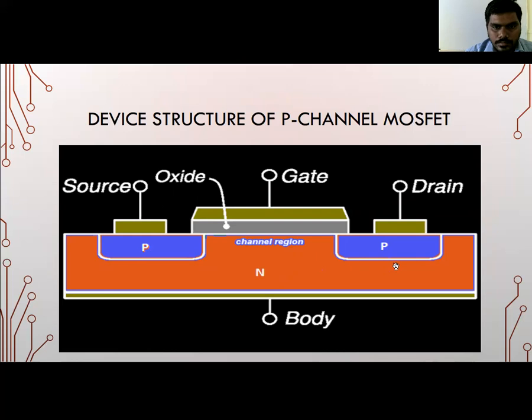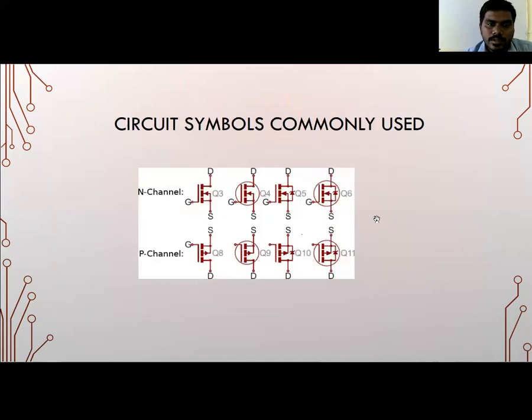Similarly, we have the P-channel MOSFET. In a P-channel MOSFET, instead of a P body we have the main body as an N-type region, meaning there will be a large number of electrons here, and P shows a large number of holes connected here. There is P-type doping and N-type doping here. Similarly, as in the previous N-channel MOSFET, there are source, drain, and gate, with an oxide layer at the gate, and metal contacts available.